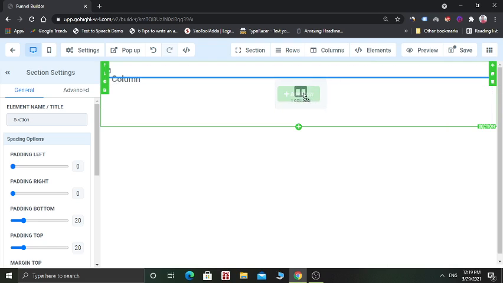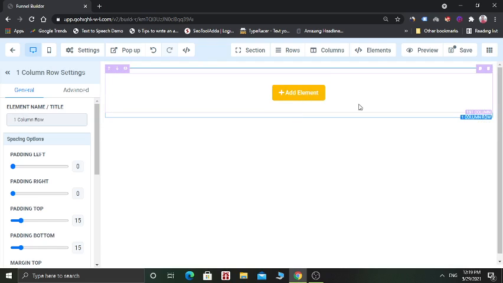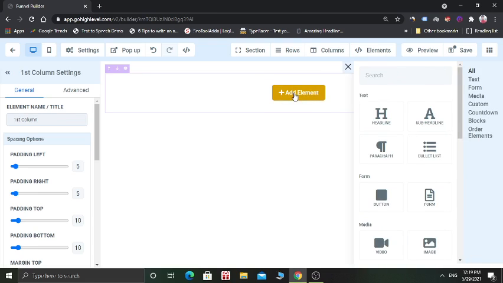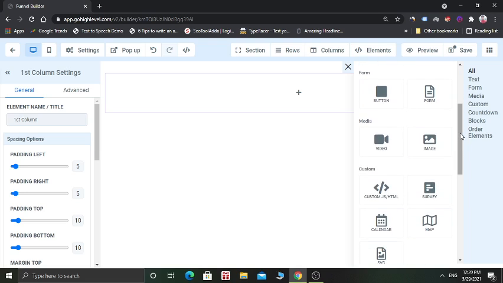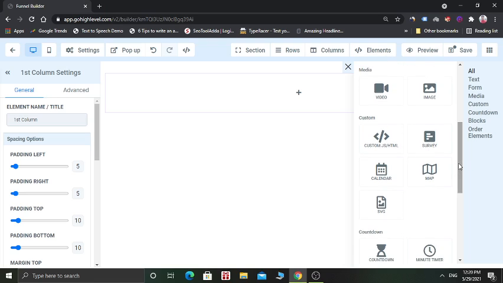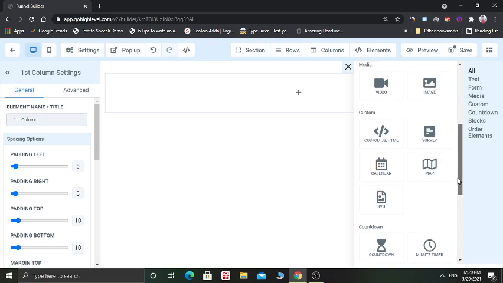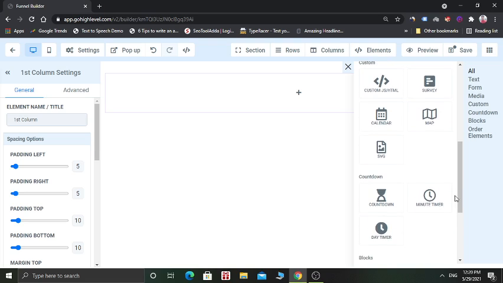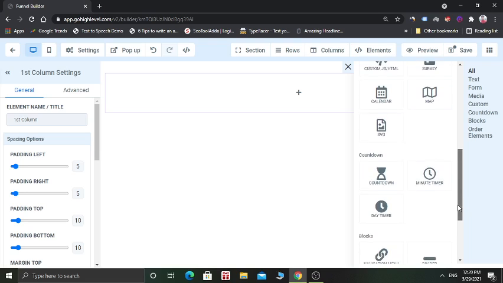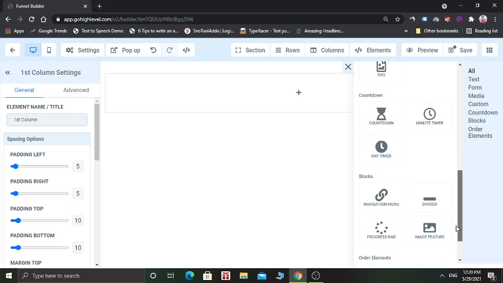Drag and drop here, and now you have to add an element. You can add elements such as headlines, subheadlines, paragraphs, bullet lists, buttons, forms, and you can even add medias like video and images. And you can also add custom elements such as HTML, surveys, calendars, maps, SVG, and a countdown timer, navigation menu, and so on.